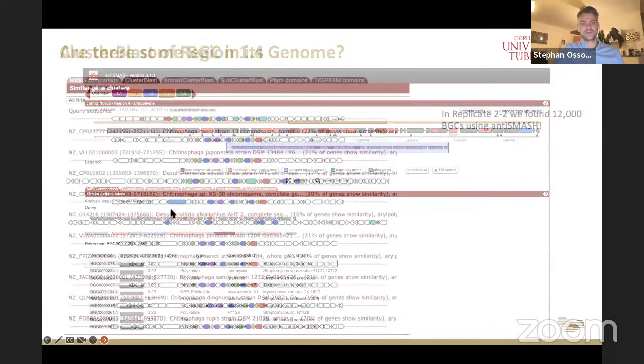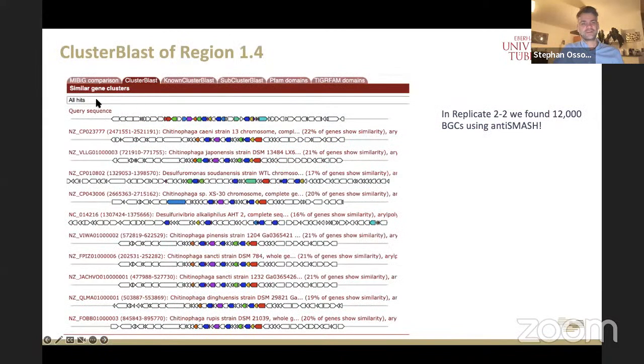But we can also look at this biosynthetic gene cluster to see if there is homology in other species, and we do find them. It's not super high, but it's there. So even just looking at this first genome, we might already have found some interesting new BGC. In total, just in this replicate I talked about, the deepest replicate, we found 12,000 of these BGCs, and now